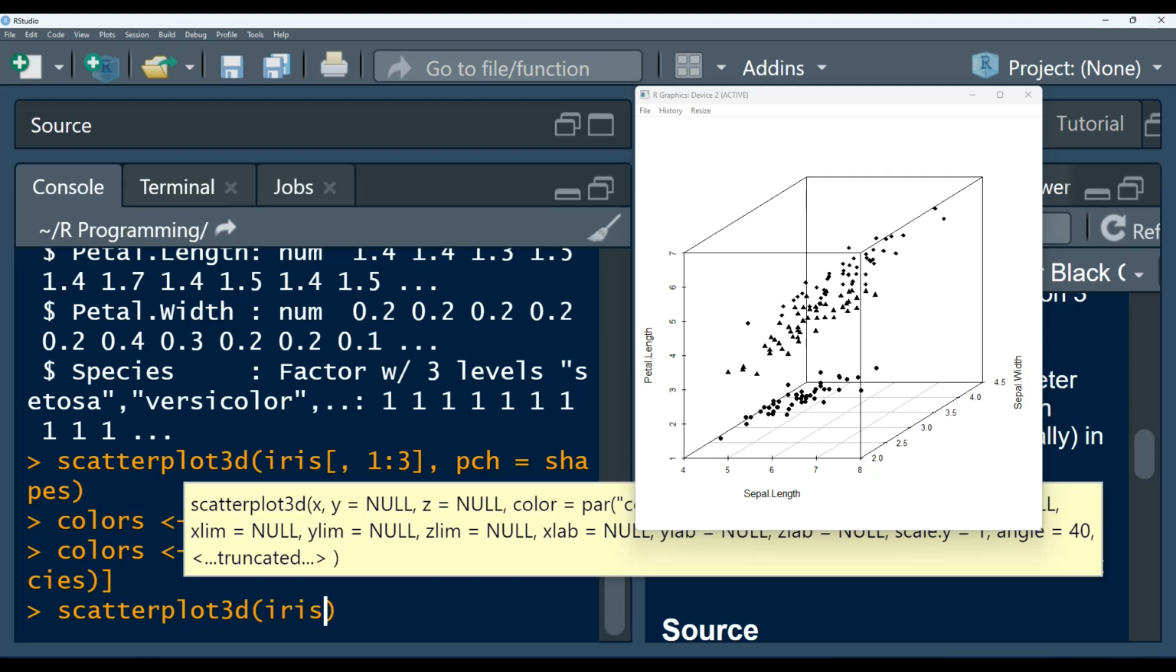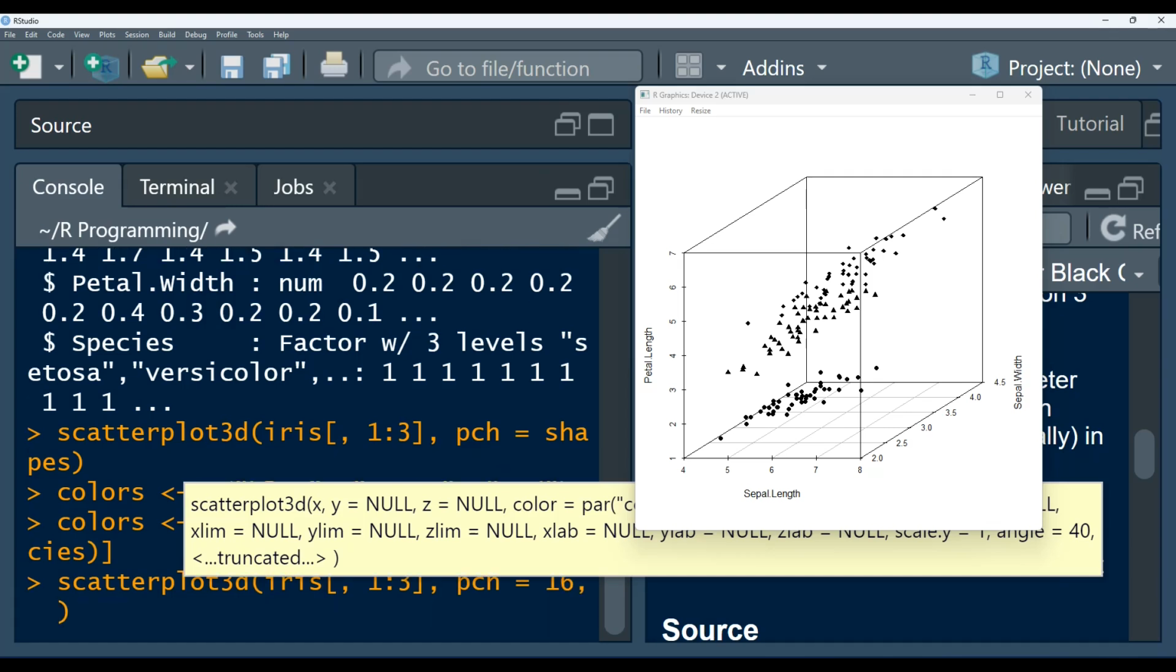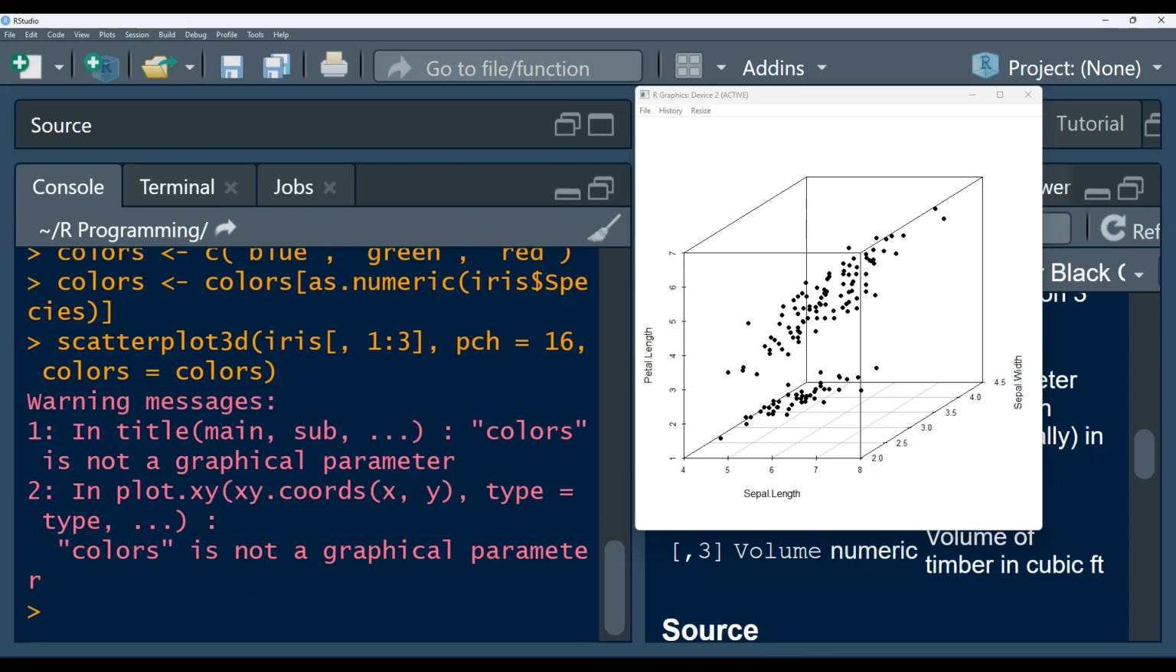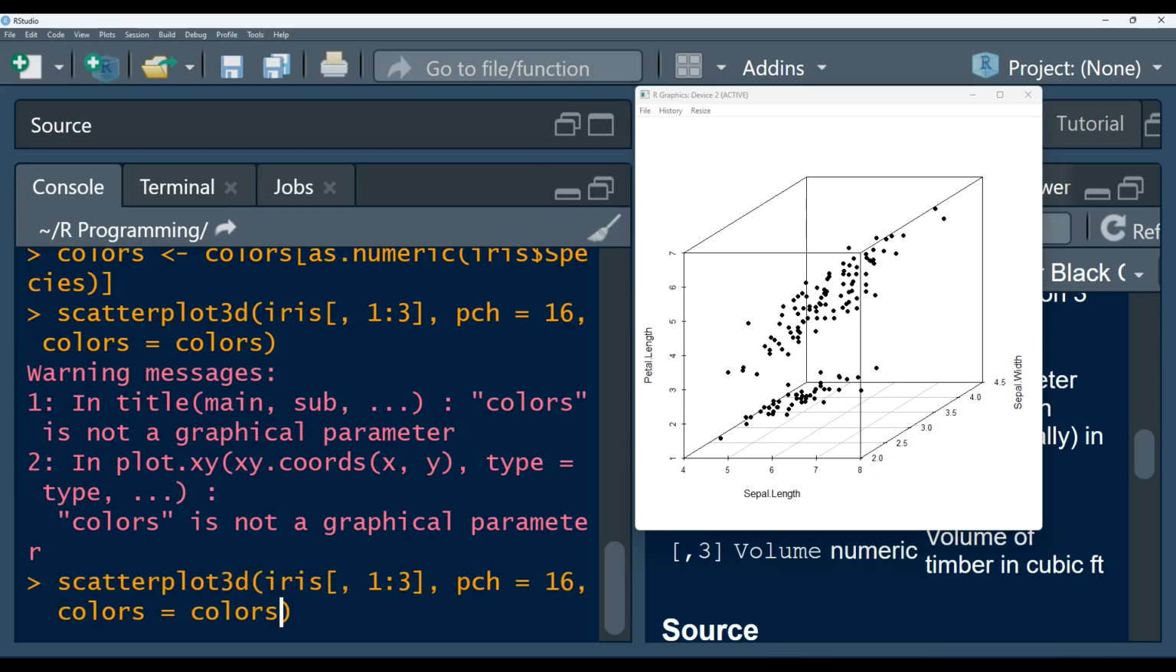We specify this subset because we are only interested in the first 3 columns. And now let us say we simply just want the points. And now if we want to group or change the colors by groups, we have to specify here that colors equals colors. And if you run this, we are getting an error because